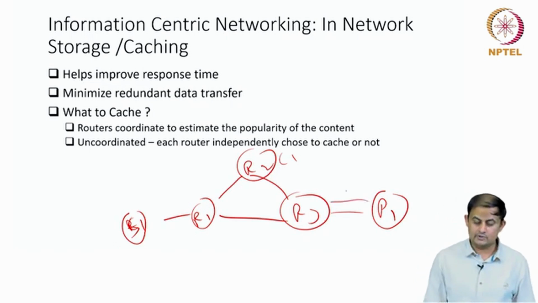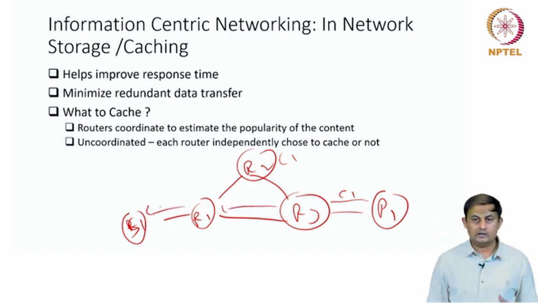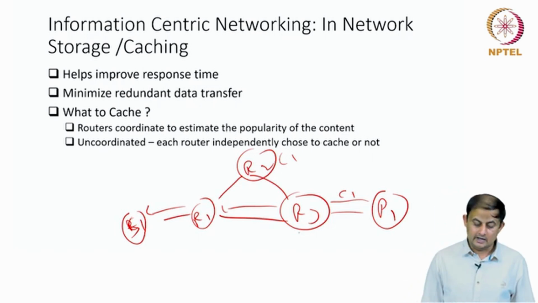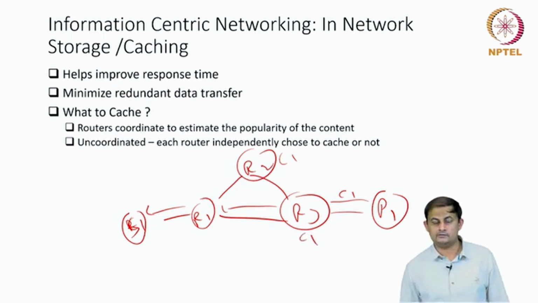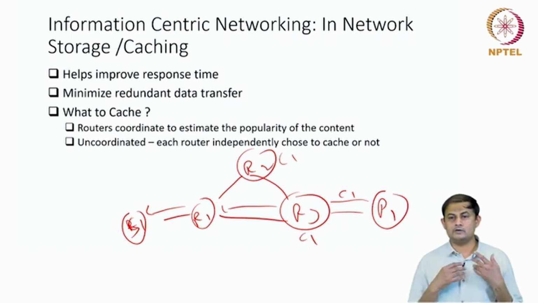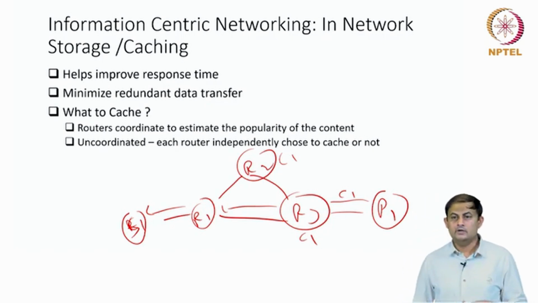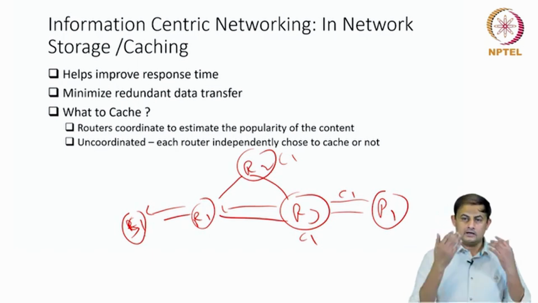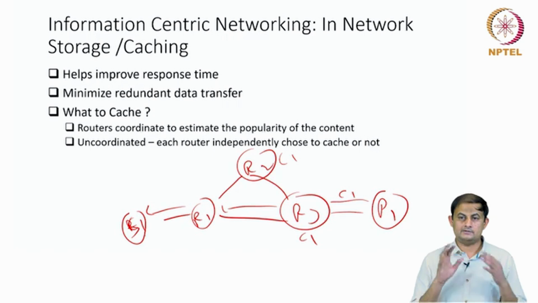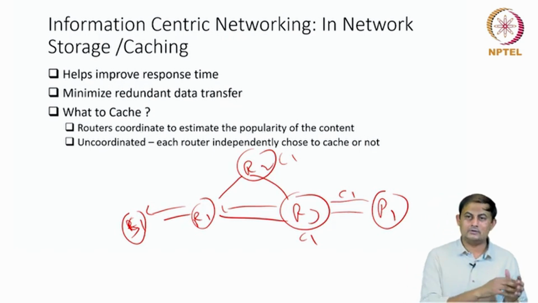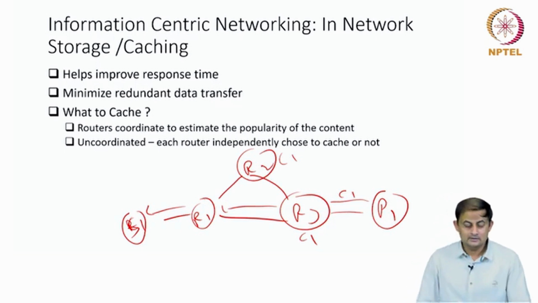So if C1 is going from here to here, and then here to here, and R1 can notice that C1 already exists in R2, and probably R3 might have also cached a copy of that content, then R1 may decide not to cache C1, although ideally we wanted it to be cached at R1. But since there is cooperation, we want to judiciously utilize the collective storage capacity of all the caches in the network